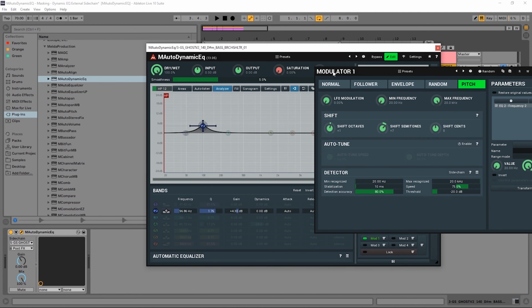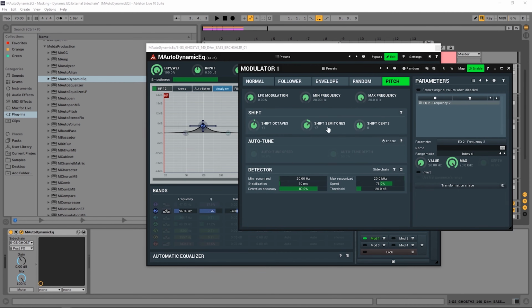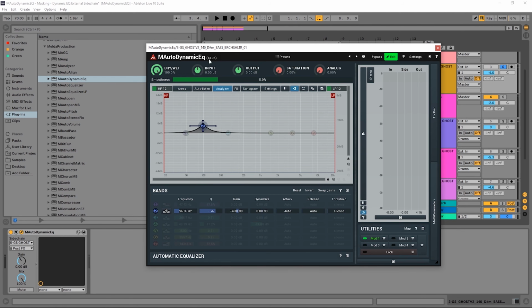We have some other controls here. We can shift by sense. We can control what's recognized in terms of detection. We can change the range over here. We have so much at our disposal to really make sure we're only boosting or cutting exactly what we're looking for, even if the note itself changes. And that's just phenomenal. That's pitch tracking inside of MAutoDynamicEQ, just one of the many, many incredible features of this